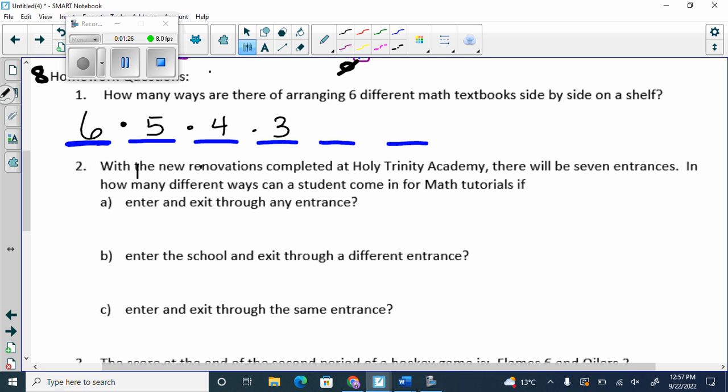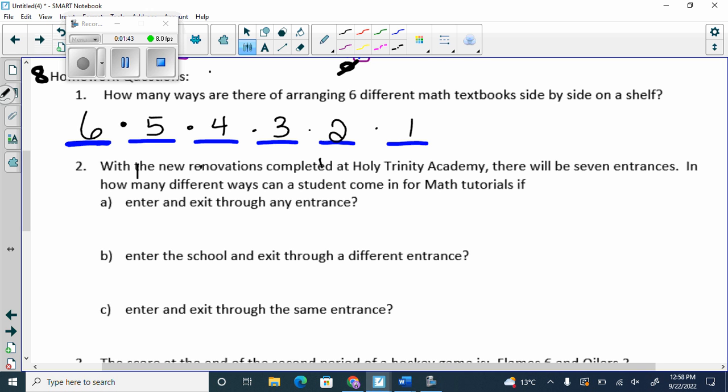Now I'm going to pretend to take 2, and I'm going to put it there. So how many do I have left for this one? 2. Textbook 1 and 5. I hold 1 here. Then I have 1. It's just textbook 5, correct? Now you're following along with your calculator. You could do this. You could go 6 times 5 times 4 times 3 times 2 times 1 in your